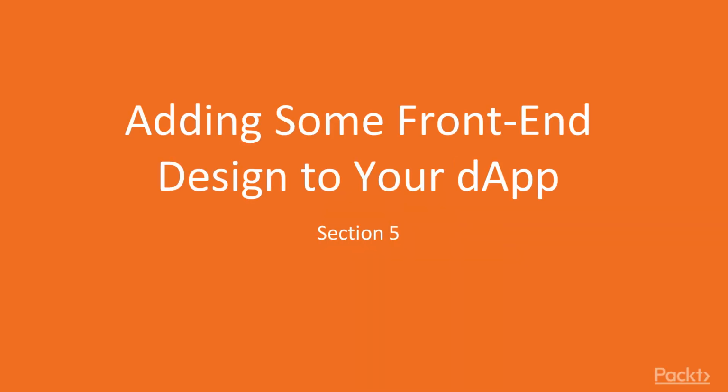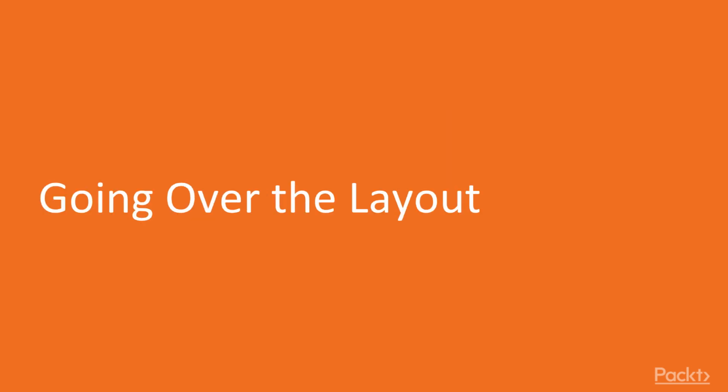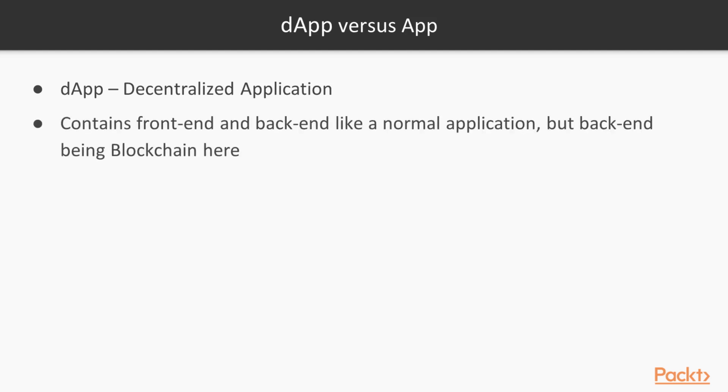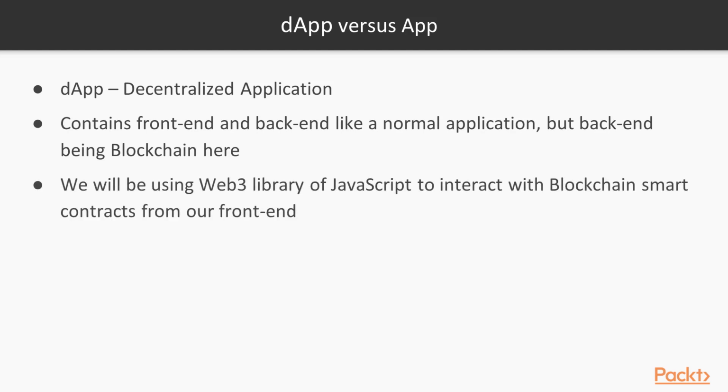In this section, we will look at adding some front-end designs to your DApp. I'll be explaining about the decentralized application, how it is different from a normal application, and how to create the front-end and back-end for it. So, a decentralized application, known as a DApp, contains a normal front-end and back-end like a normal application, but the back-end being the blockchain here. We'll be writing a script in our front end using Web3 to interact with the blockchain smart